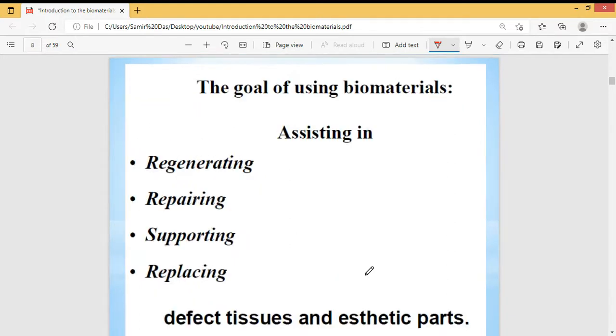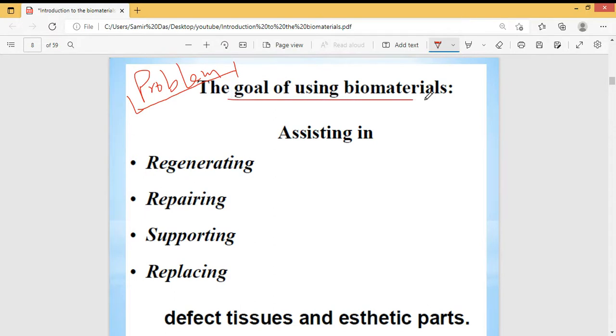Now come to the goals. We have discussed the problem behind the use of biomaterials. Now we are coming to the solution, or why we need biomaterials. So, assisting means